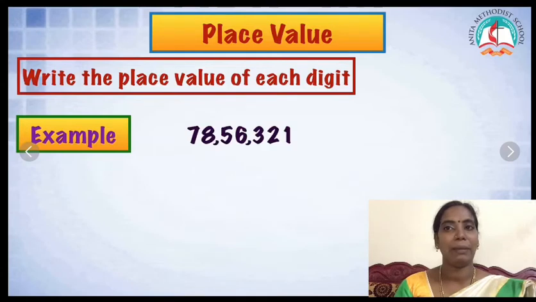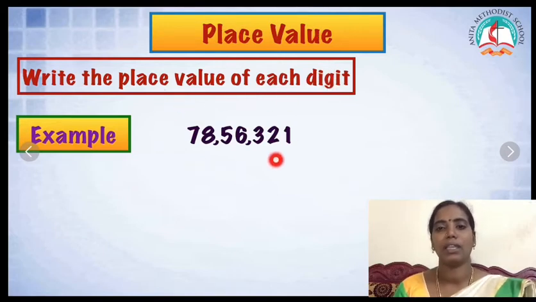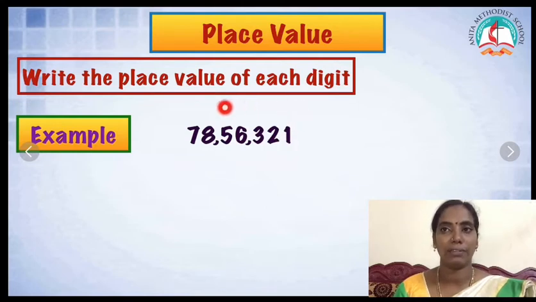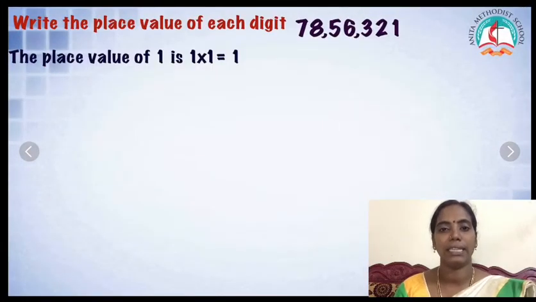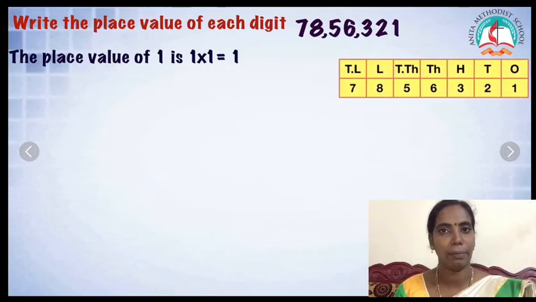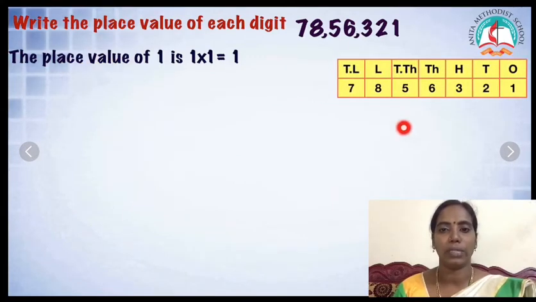Shall we write place value? Write the place value of each digit. 78,56,321. Okay. First we have to write each one its place value. Draw the tabular column before and find how many ones, tens, hundred, thousand like this. Then it's easy to find its place value. Okay,